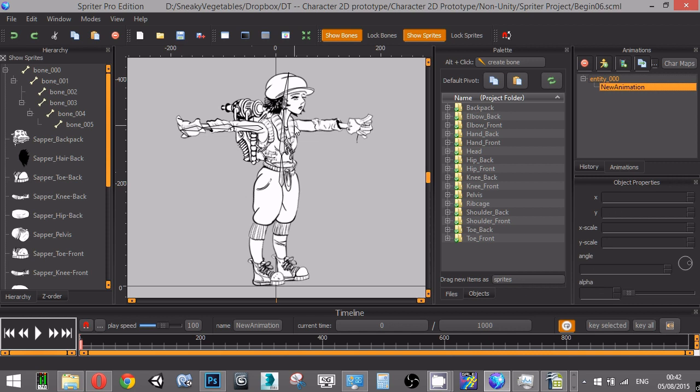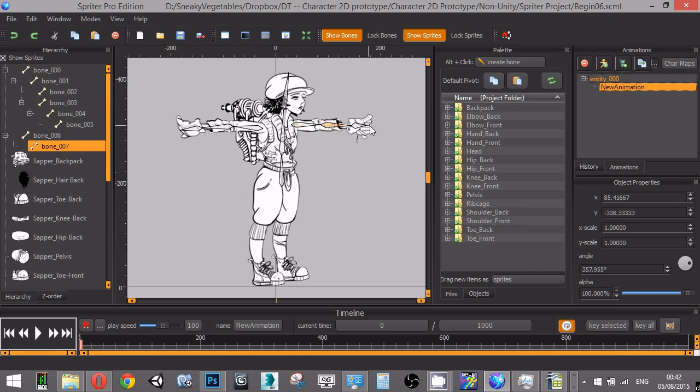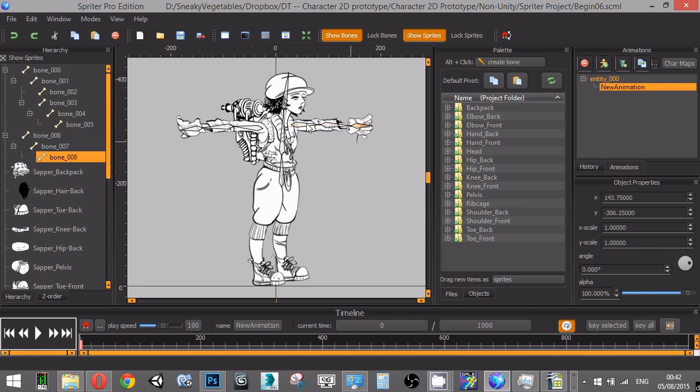Right, so hold down Alt and I'll just create the rest of the skeleton pretty much like this. So bone 6, that would be my shoulder there, also a child of bone 1. And if I click on the pelvis there, of course,